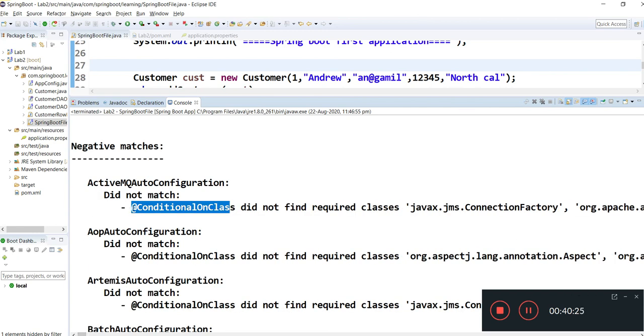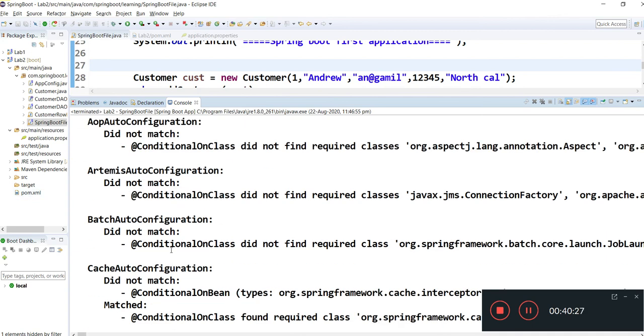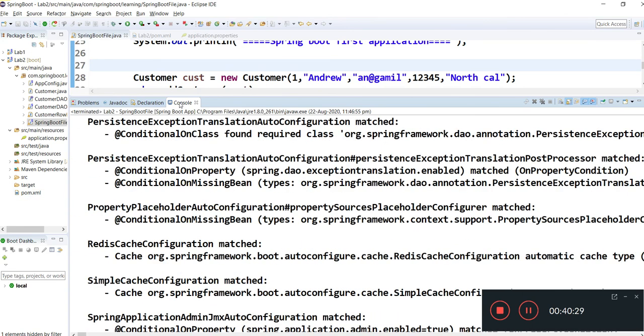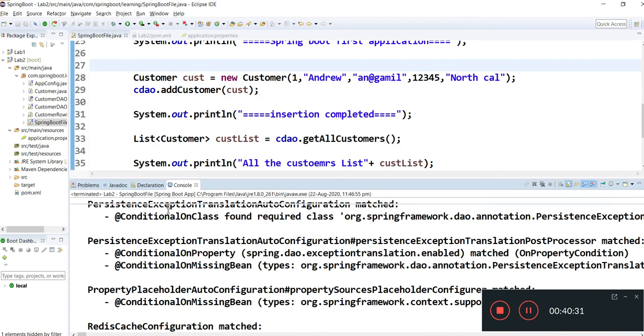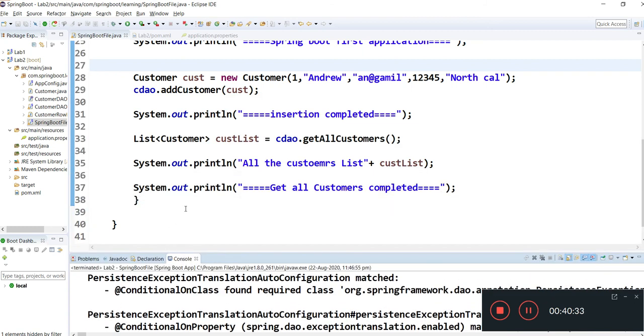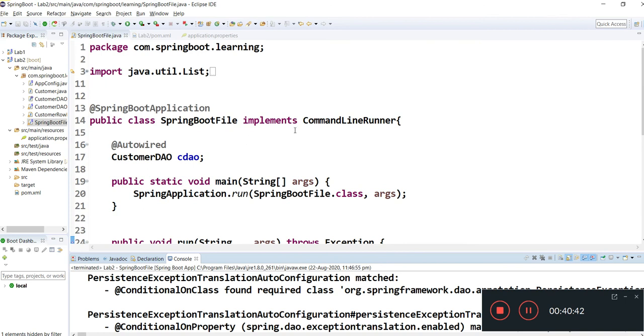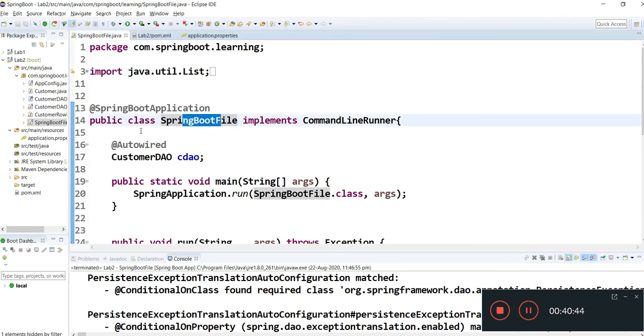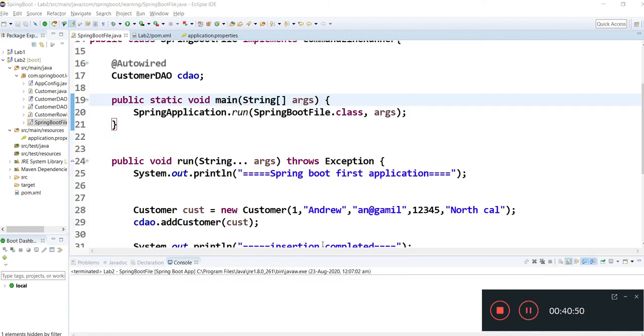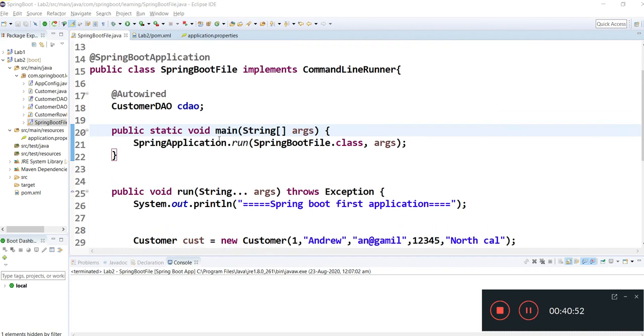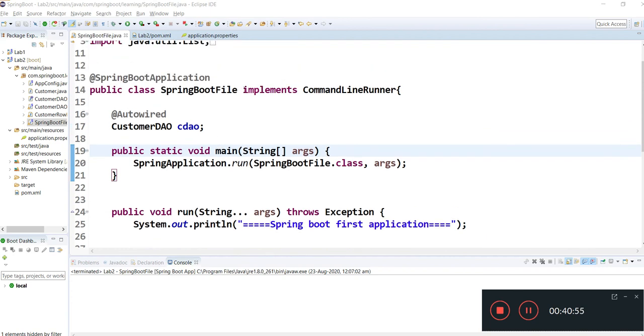Okay, so guys, we are done with our first lab with Spring Boot. In upcoming sessions, in this example I just ran my first application with Spring Boot. In the next session I will explain each and every line, what the command line is doing, what Spring Boot is doing, and how it is internally working, and many more. Like we are using CommandLineRunner, I will explain what the main use of it is.